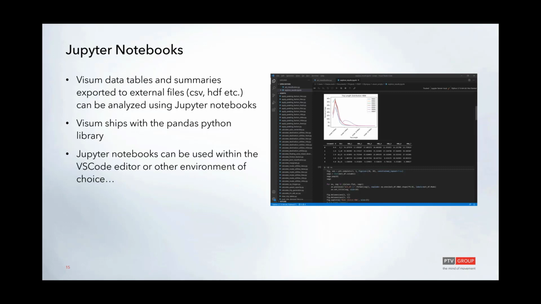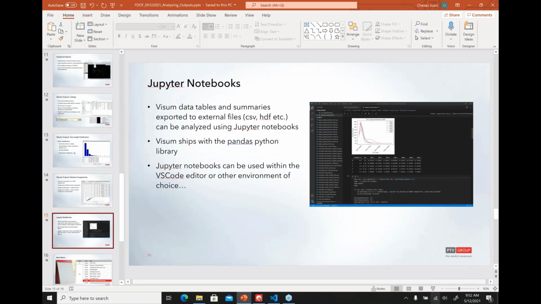So as I said, you can use the Jupyter notebooks within the VS Code editor, and that typically gives you a good place to look at your charts and so forth. You can use any other environment of choice for Jupyter that you like, so it's not a fixed environment. If you are comfortable with something else, you can use that. With that, let's take a look at what this Jupyter notebook looks like